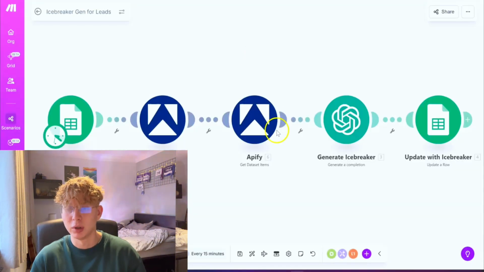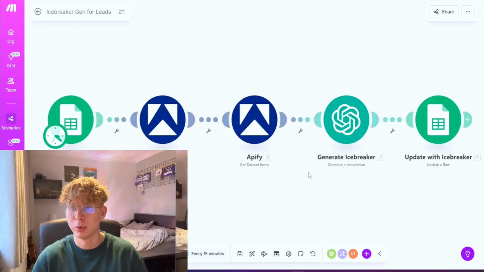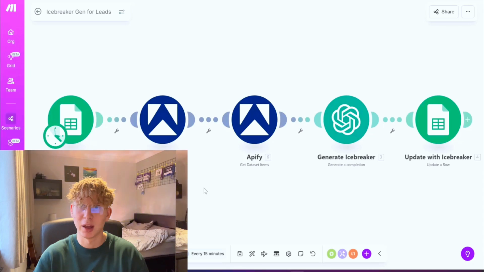You know, simple make.com scenario right here, 5 modules. I will say this one is operation heavy because each of these modules has to run. Well, this one runs once because it gets all the bundles in one go. But then all these remaining 4 modules go ahead and run once per lead. So that's 4 ops for every lead. If you're personalizing 1,000 leads at once, which is what I'm usually doing, I do that every couple of days, we're burning through a lot of operations, 4,000 operations, just going like that. It does burn through your ops quite quickly.